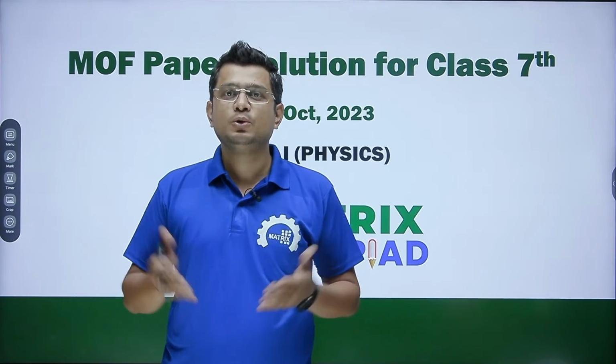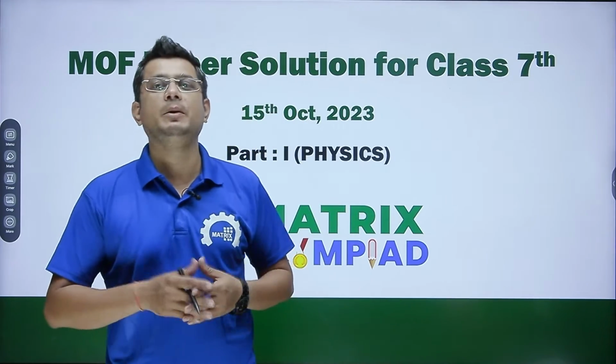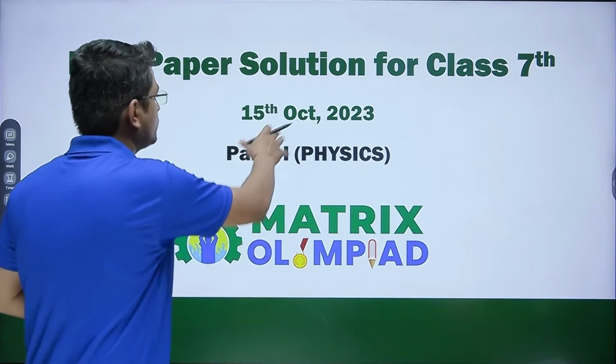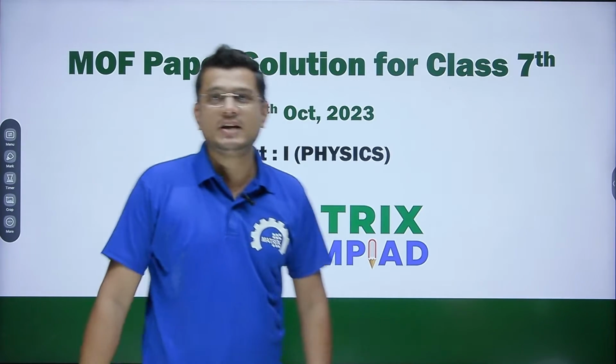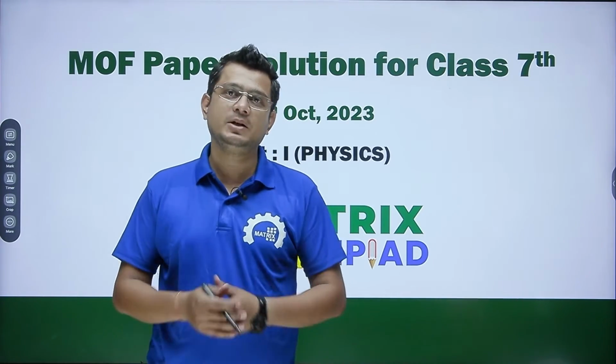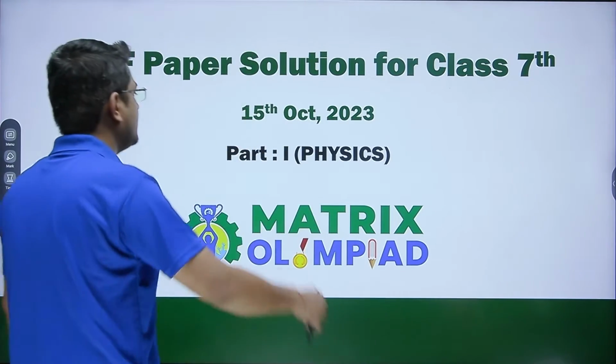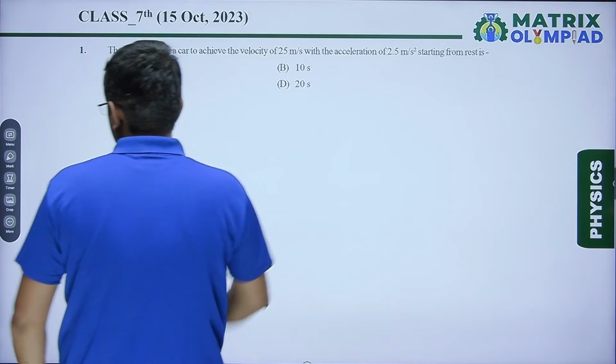Today we are here to discuss the solutions of the Matrix Olympiad paper which was held on 15th of October 2023. So we will start from class 7 and our subject will be physics. So let us start our question paper, and the question number 1 is,